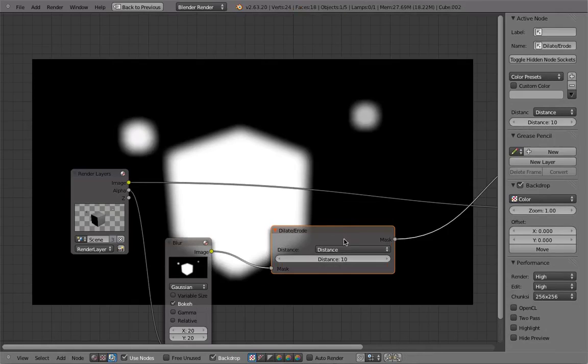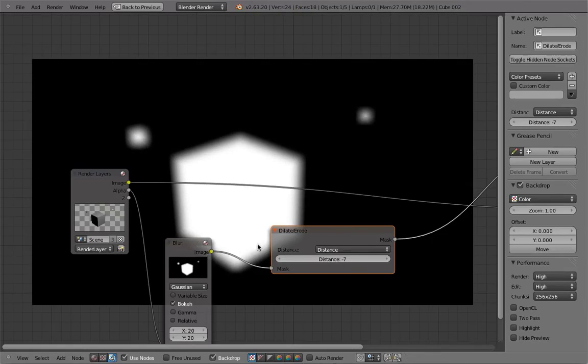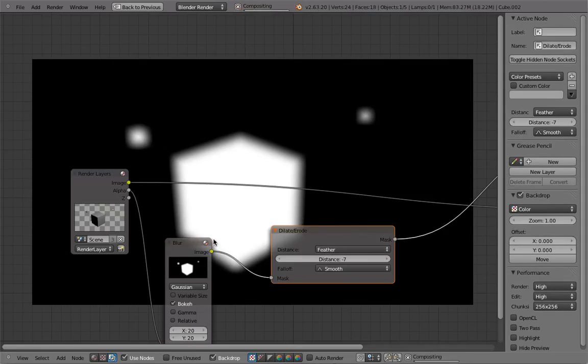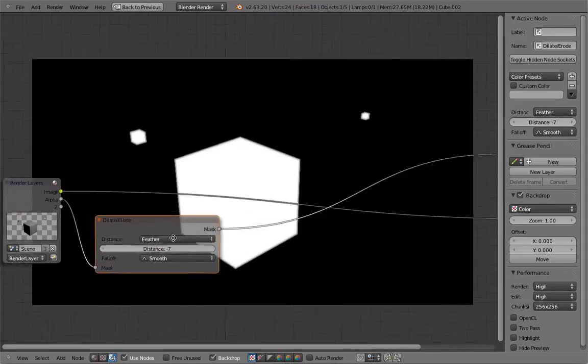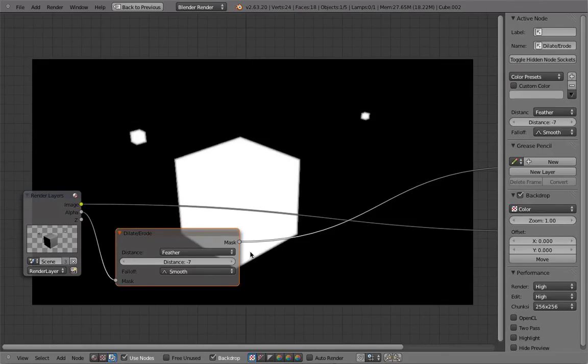Then there's distance, which is also interesting. But the most important setting for us has been the feathering. So feathering has been coded by Campbell, and this was one of the most useful nodes of the whole project. Because when we have been keying, often we would have to shrink or grow the masks to get rid of the edges. So now you can shrink that in a way that it doesn't just shrink, but it will also blur that. So instead of just making the edges or the shapes smaller, it will blur starting from the edge and then will blur to the inside,